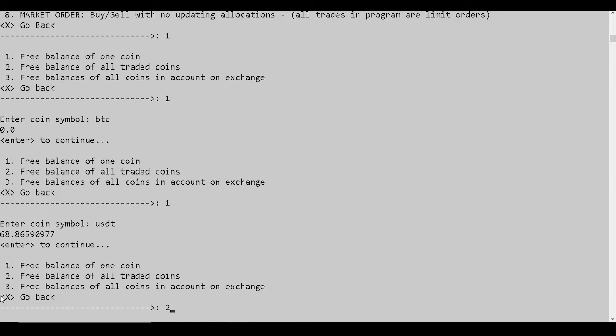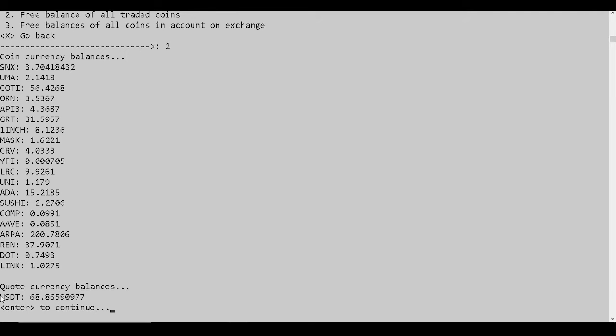We can check the free balance of all the coins I'm trading. These are all the coins I'm trading. These are all those balances. And the quote currency balances will show up here. If you're trading more than one quote currency, then those will show up down here. Okay? And you can